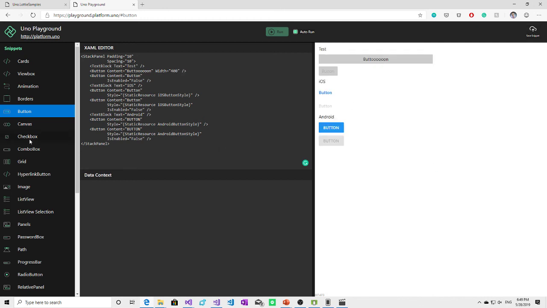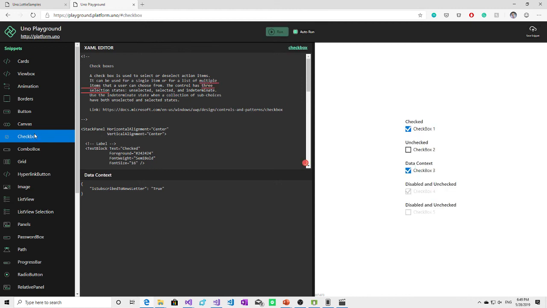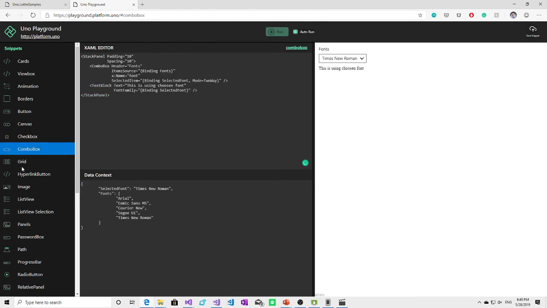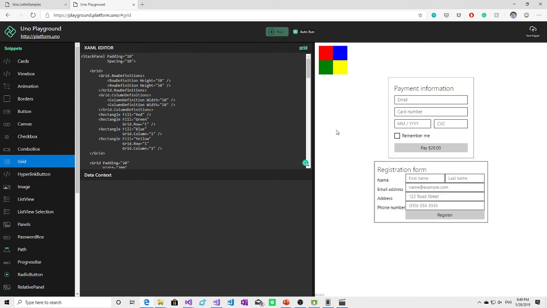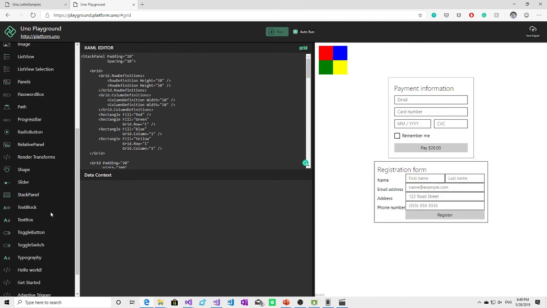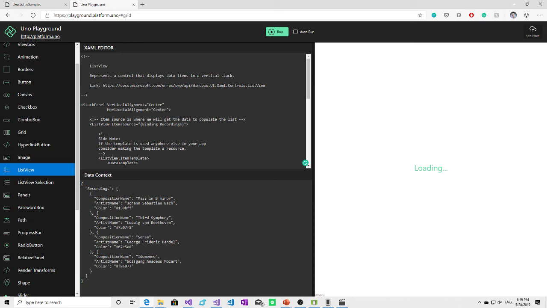So you can really play with UNO platform right in the browser without installing anything, and you can try out how everything works and behaves. As you can see, there are a lot of samples, and you can just freely edit the XAML editor and also provide your data in this window as a JSON.